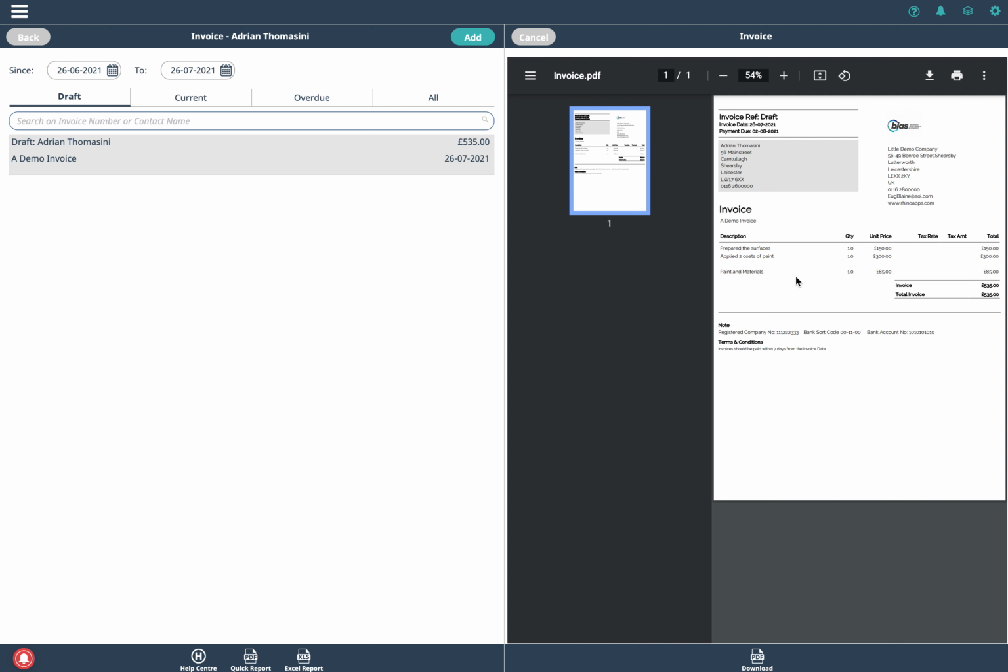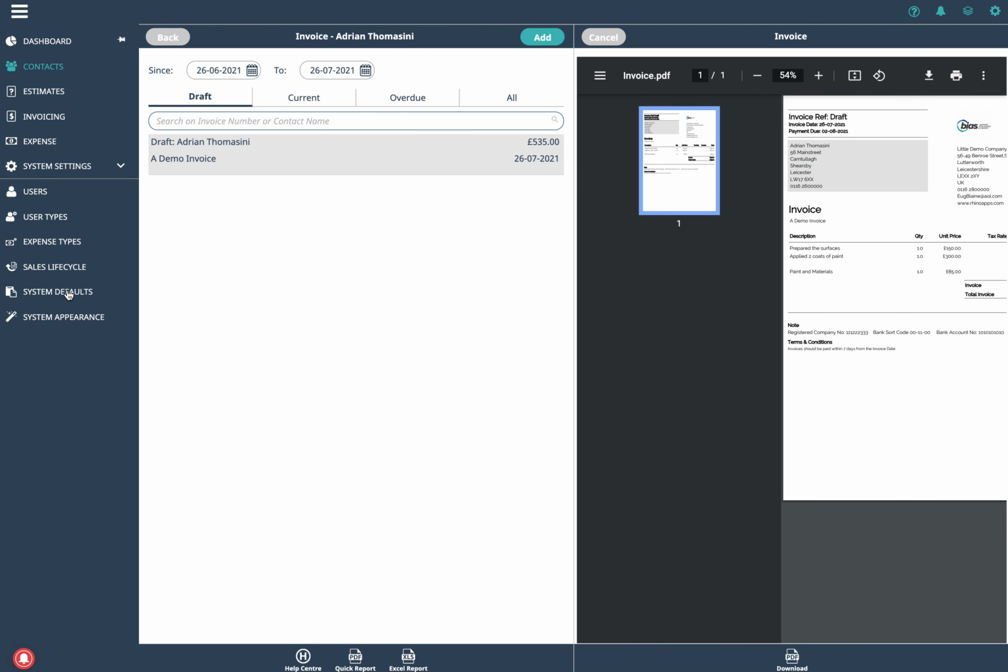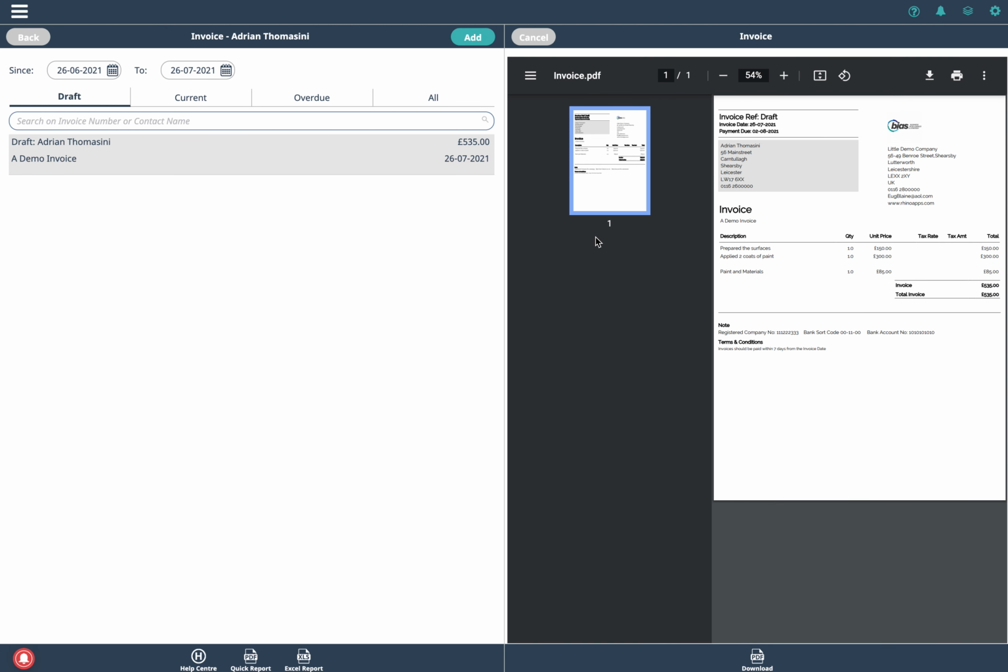Okay, so the final thing we should talk about is you can also switch on the sales tax. Once again, you do that in the system defaults, and you can input all the rates, and that would be automatically calculated as you build out the invoice. But in this example, I'm just keeping it as simple as possible. Once again, you can print it, you can download it,